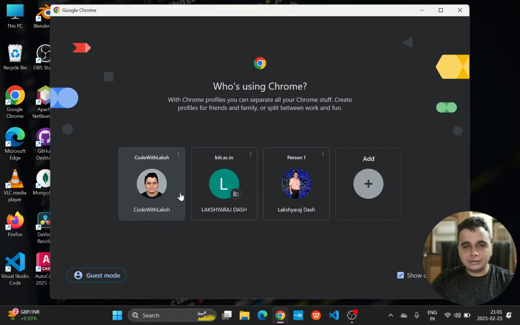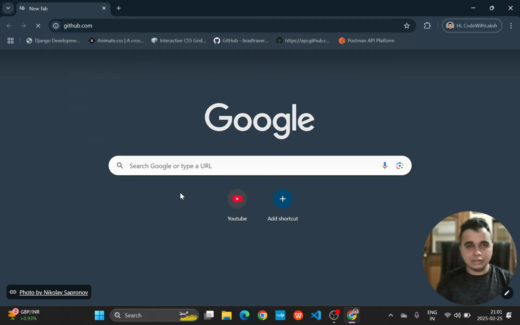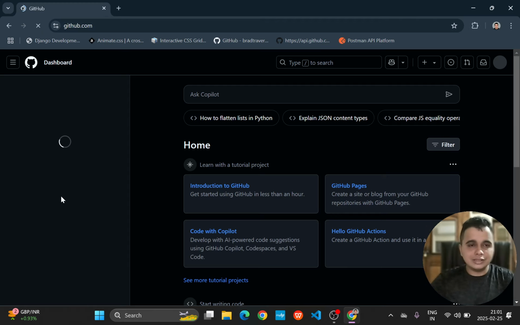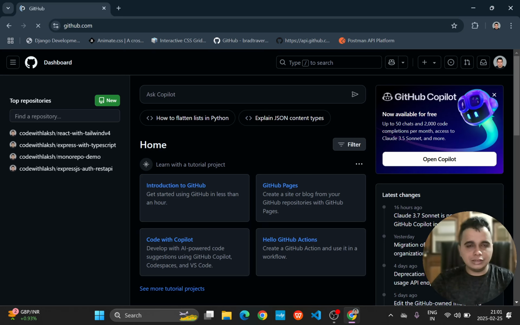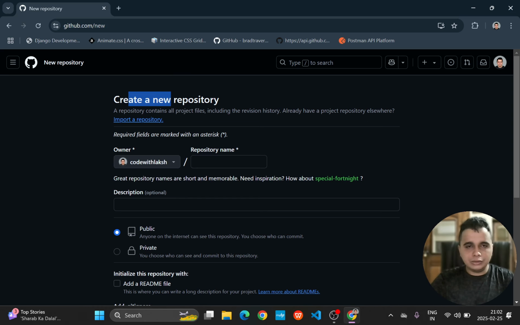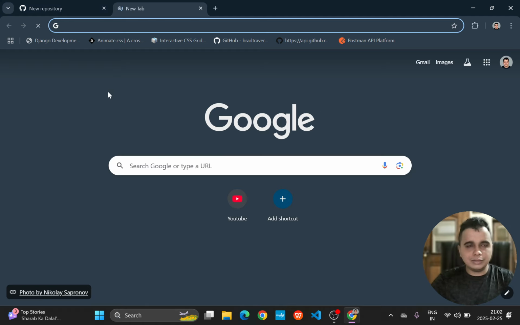After you sign into your account, you'll get some interface like this. First of all, there will be no repositories. So the first thing is to create your new repository. You can click on this new. Now, you can create a repository from right here, but what we'll be doing is we'll be using Git